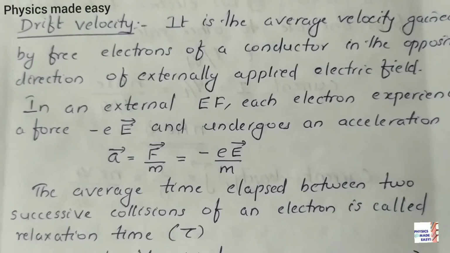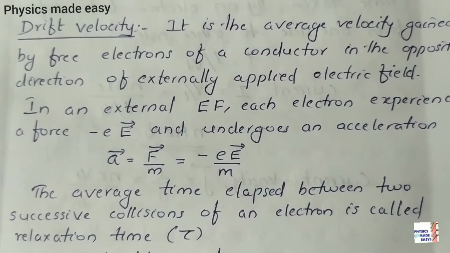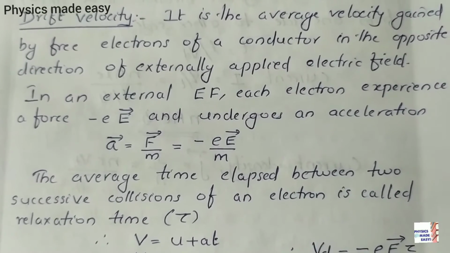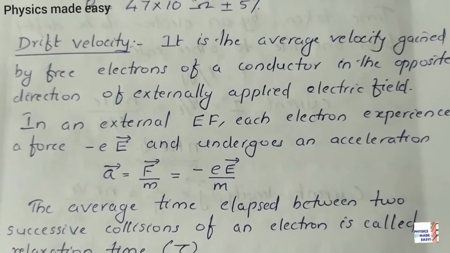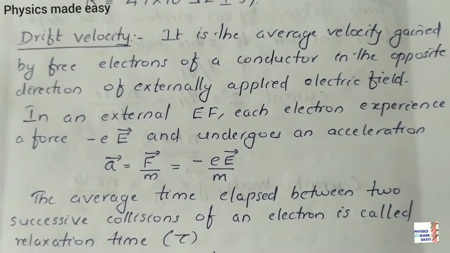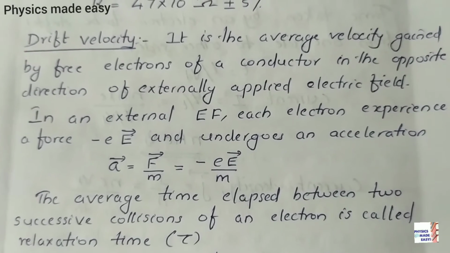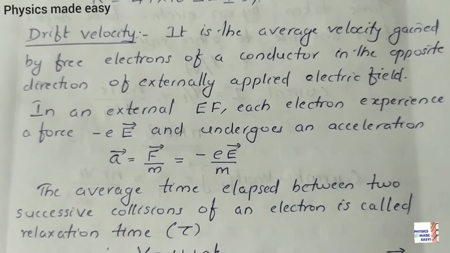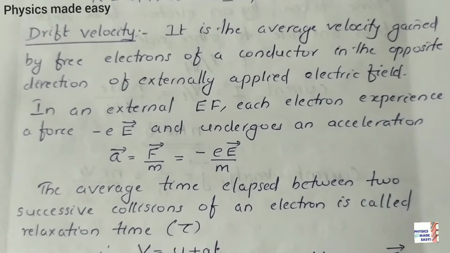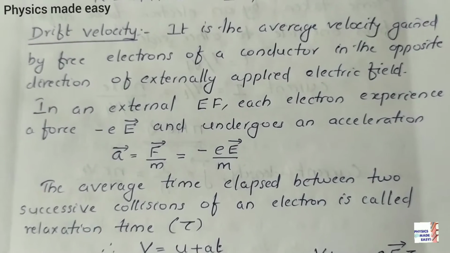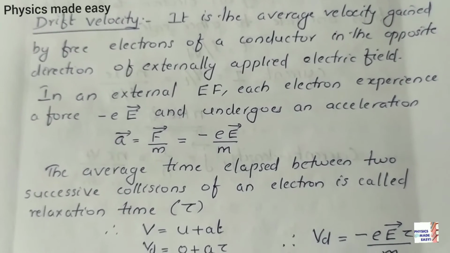Students, you know in a conductor electrons are there, and they are free to move. But they move in random directions. That's why in that case we can take the average velocity as 0. Then if this conductor is connected to a cell, a potential difference will be there, and these electrons will move in a particular direction towards the positive end. So for those electrons an average velocity will be there. Here you can see drift velocity.